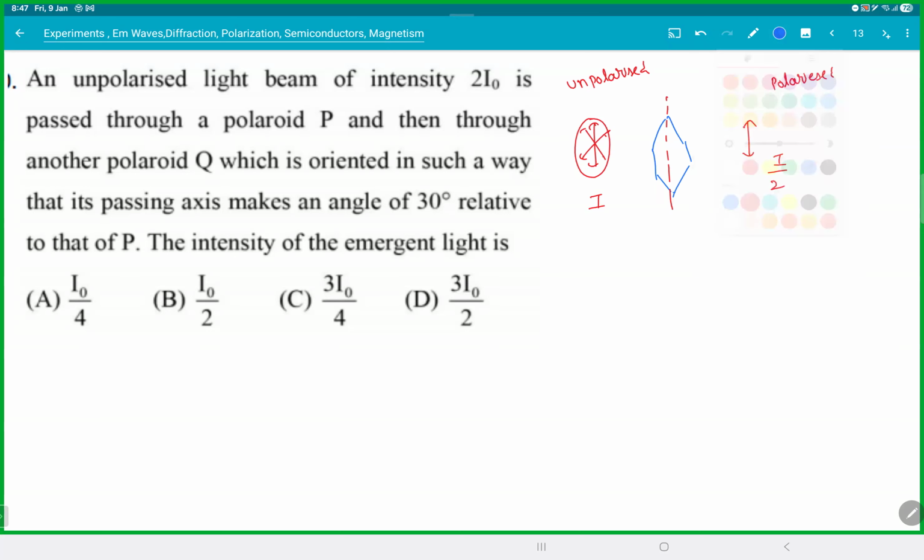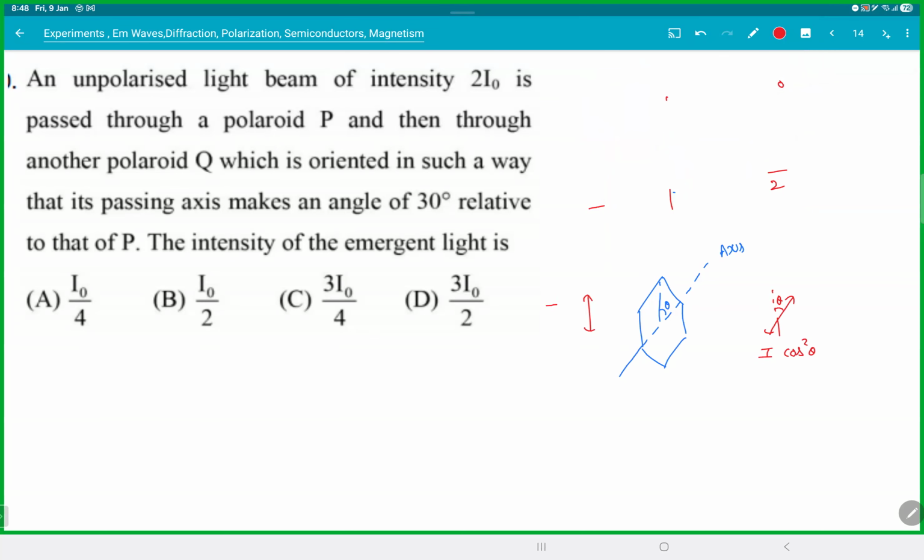After this, let's say this is your axis, making an angle theta. Now if you send a polarized light of intensity I, you get intensity I cos square theta. So every time polarized light goes through a polarizer, it becomes cos square theta. So now coming to the question here,